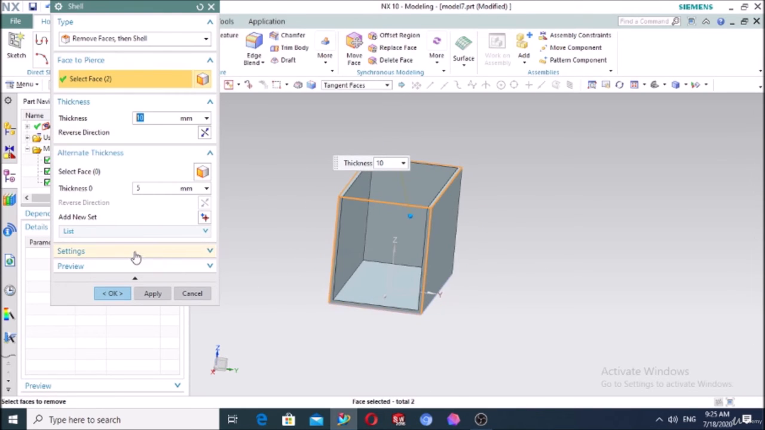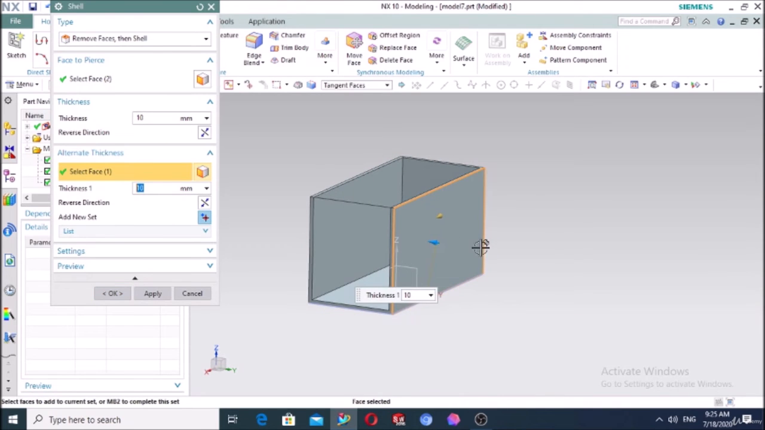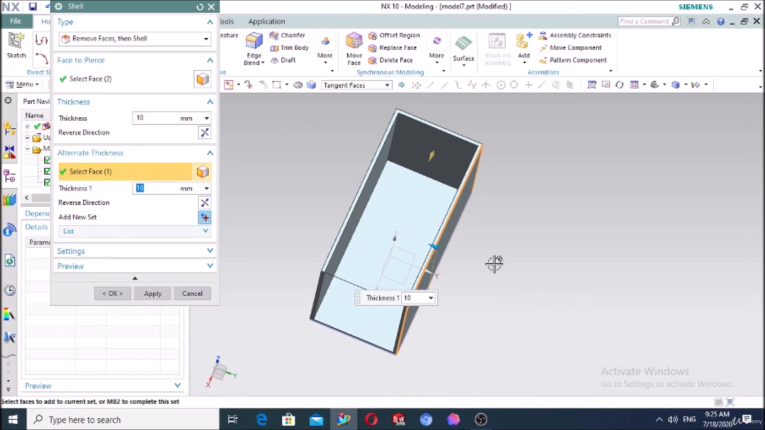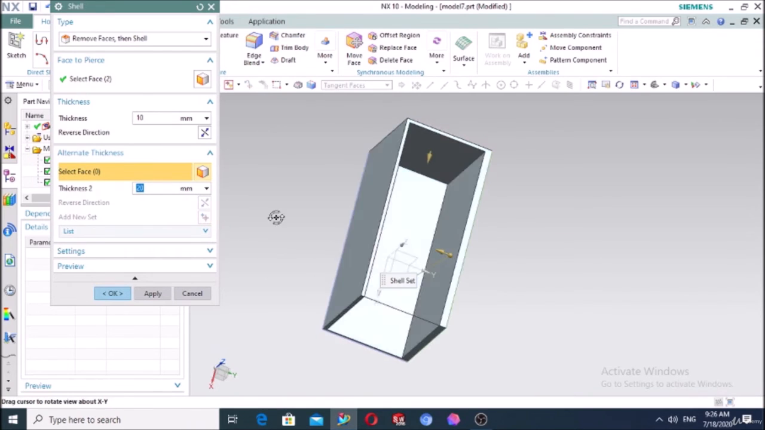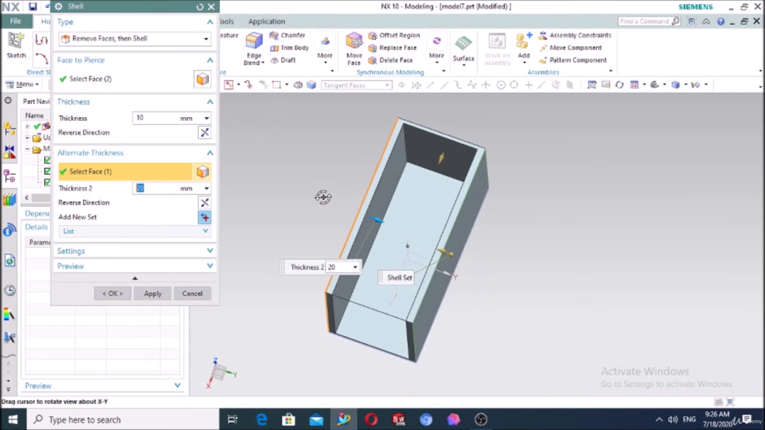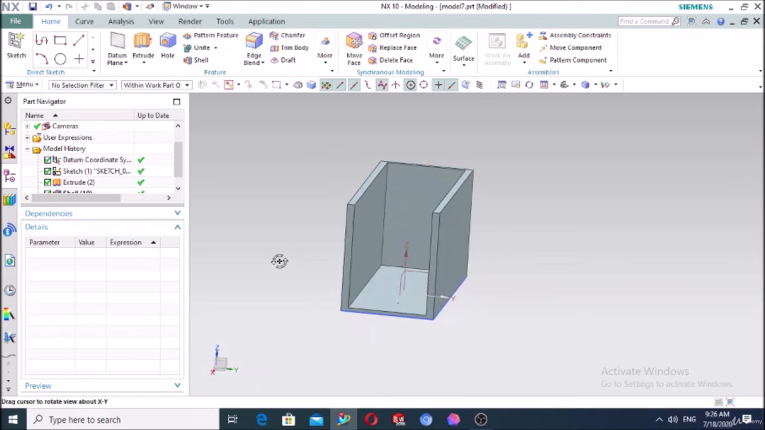Also if you see here the alternative thickness, if you select for example this face, you can give a different value for it. For example, let's make it 20. So only this side will become 20 millimeters and the others remain 10 millimeters. Add new set, and we can also make 10 millimeters of this side. Press OK. This is how to make the shell,